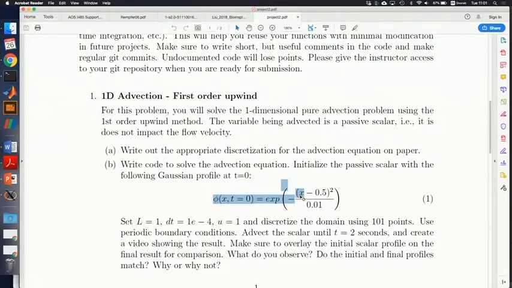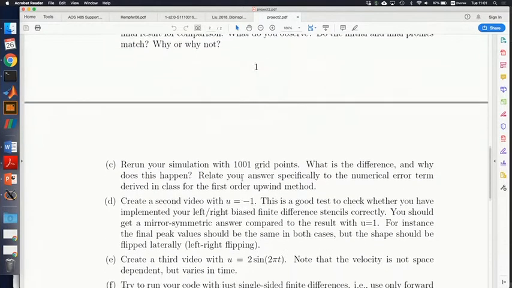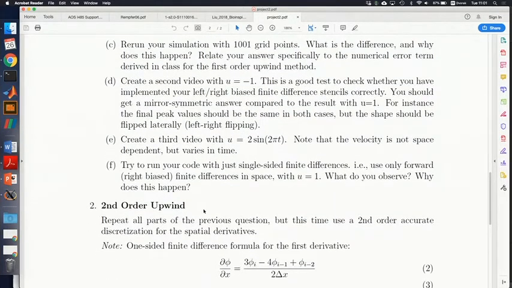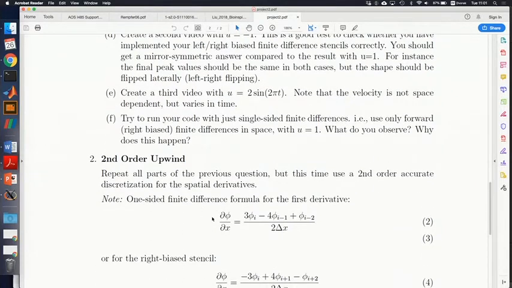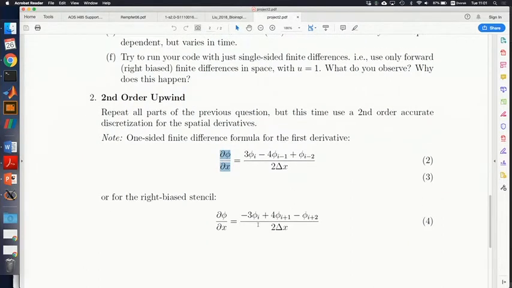And the second part of this is do the same thing, but with a second-order upwind scheme. For that, you're given that you can write the spatial derivatives as follows. It's relatively straightforward, and it will probably not take too long to get there. But it's something you might never have done before, so you might have a lot of bugs.